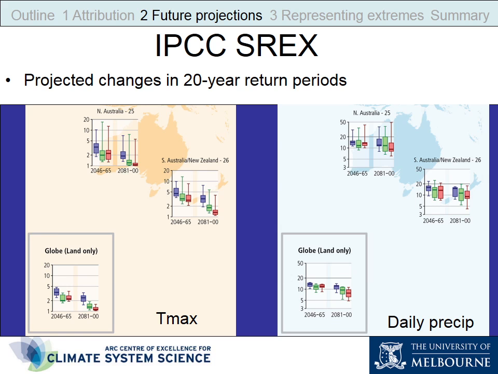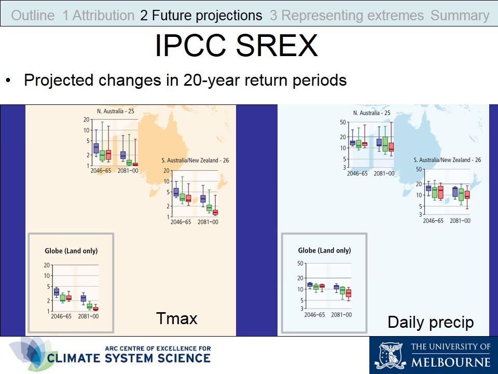So these plots here show just some examples of projected changes in extremes for Australia. We have maximum temperature extremes on the left and precipitation extremes on the right. Sorry, these figures are terrible up there, but the little box plots show what's expected to happen for a once in 20-year event that occurred at the end of last century. So an event that occurred roughly once every 20 years between 1981 and 2000, and how that is likely to change towards the end of the century when we look at different scenarios.